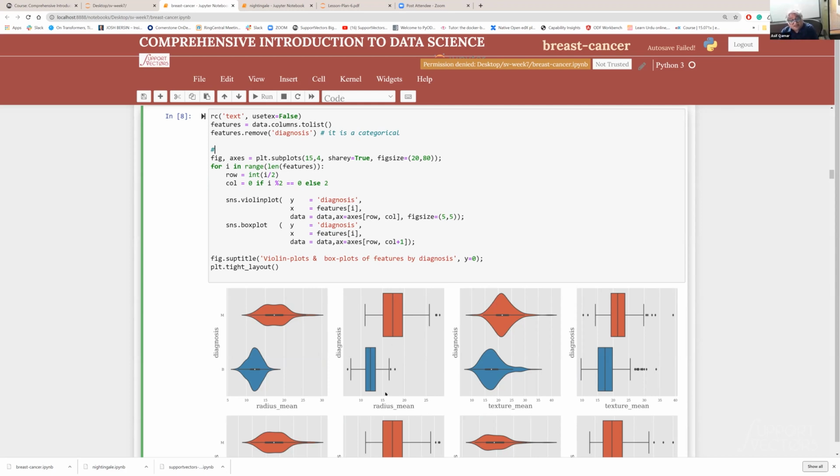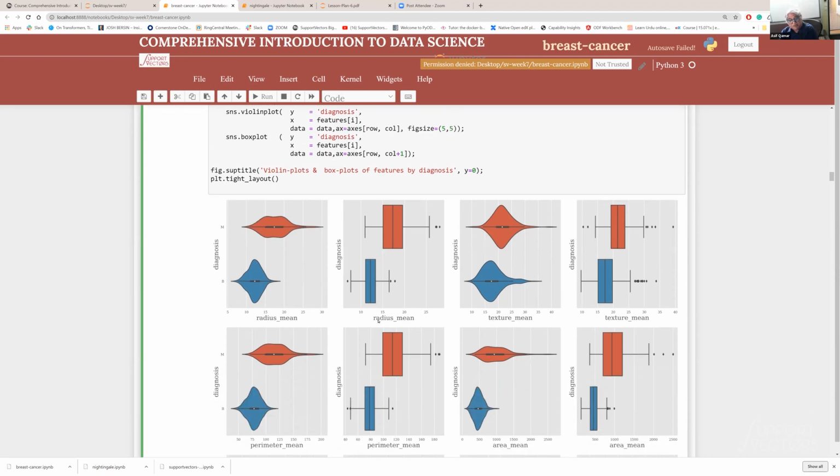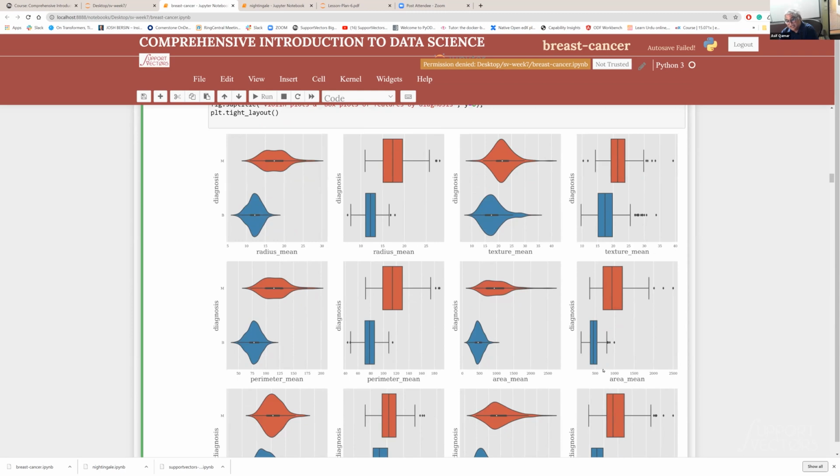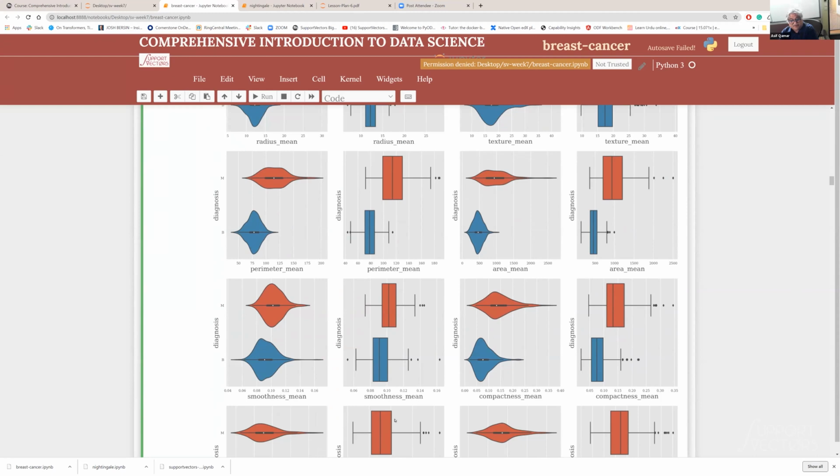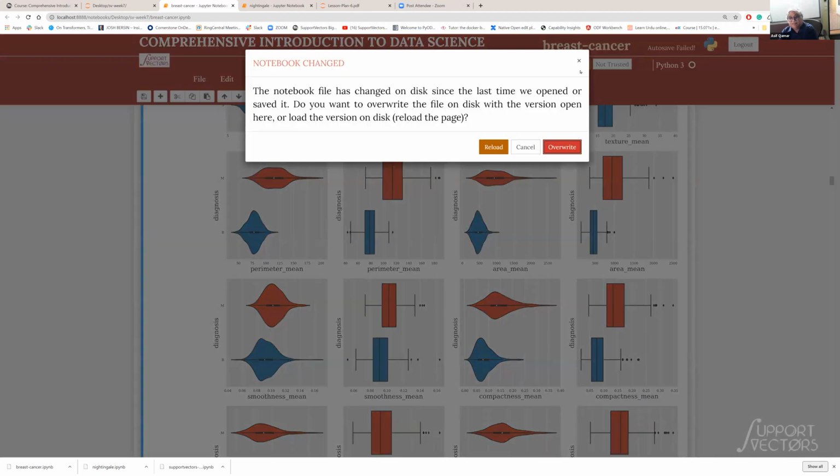And so it almost begs the question: do we even need to bother about building a classifier, or visually we already know? Use radius mean and you have the answer. And there are a few more predictors: perimeter mean, which is related; area mean again has a separation. Some don't have. Smoothness doesn't have a good separation, but